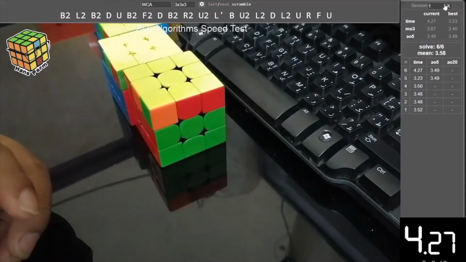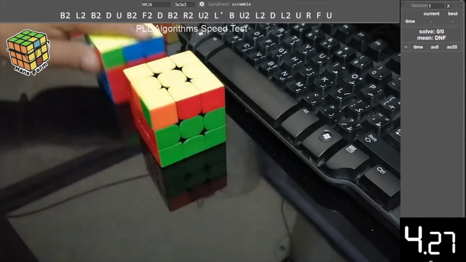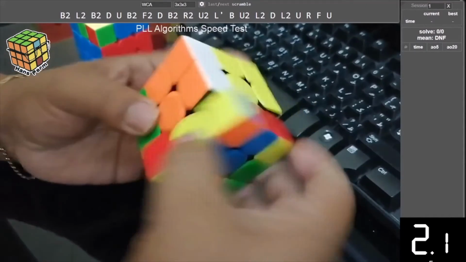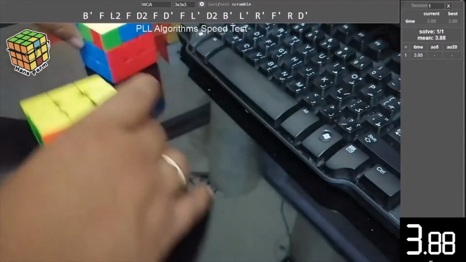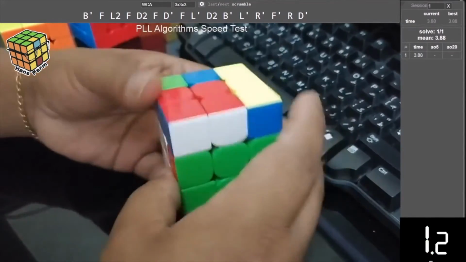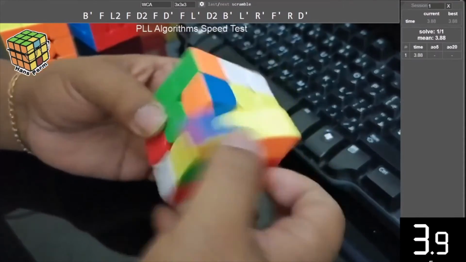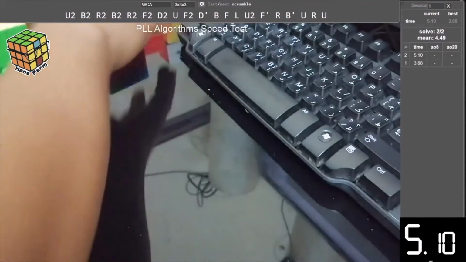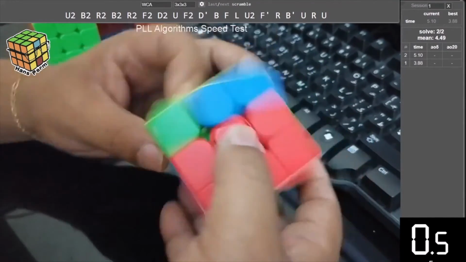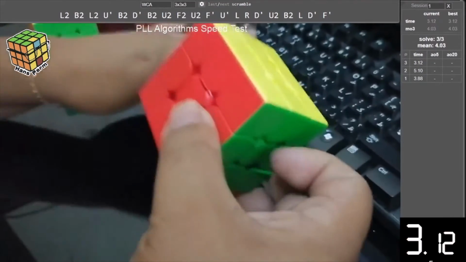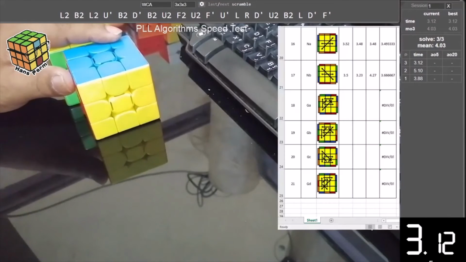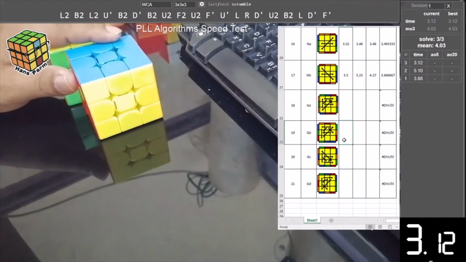Right, so let's clear this session. Right, first attempt for GB perm. Second attempt. And third attempt. Alright, so this time let's record our GB perm. So I first did